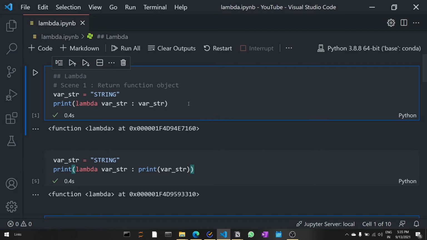So the syntax of lambda is very easy. First lambda, then we need to specify the parameter name, that is our variable, then colon, and what we are going to do with the variable we need to write over here on the right hand side of the colon. And here in scenario 1 we can see I am declaring a variable and assigning a string, and then I'm just printing this single line function, lambda var colon var, and you can see I'm getting an object of